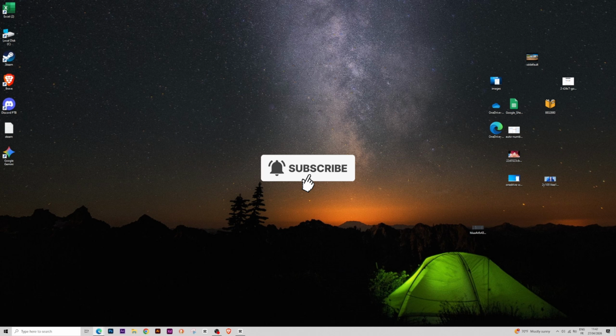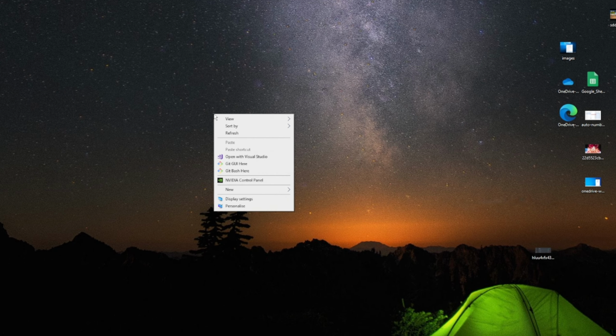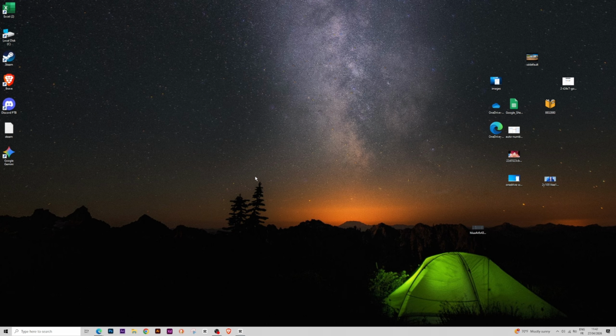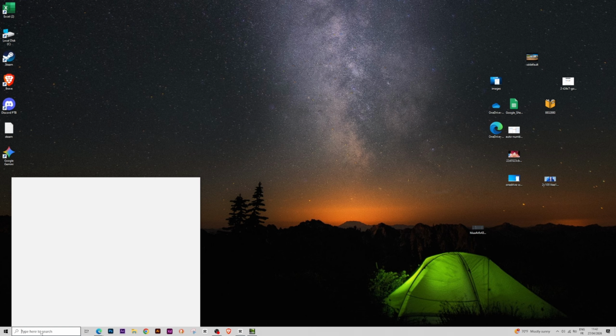If your FPS is dropping when you're gaming and you're using the NVIDIA app, then I'm going to show you how we can fix this issue. So the first thing we're going to do is just head over to the desktop on your computer, and you need to right-click somewhere on the desktop. Select NVIDIA Control Panel. You can also just head over to the Start menu and search for NVIDIA Control Panel